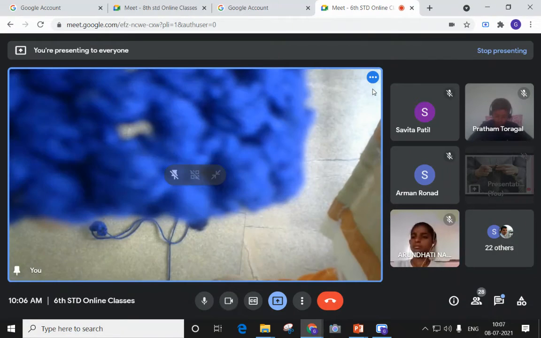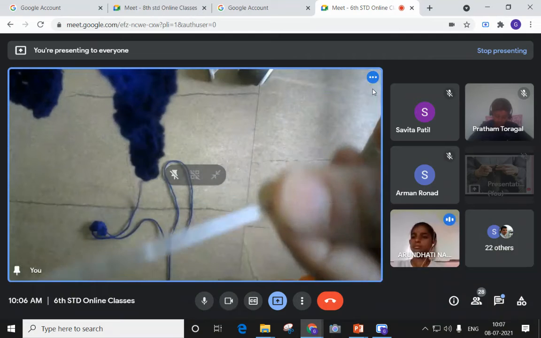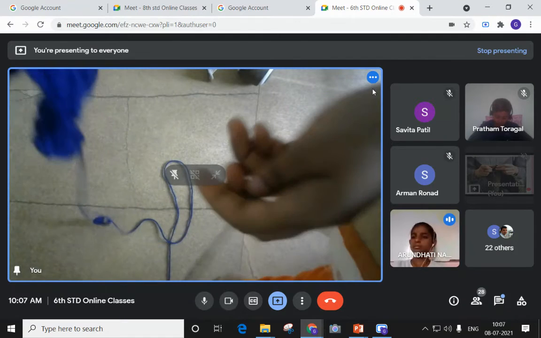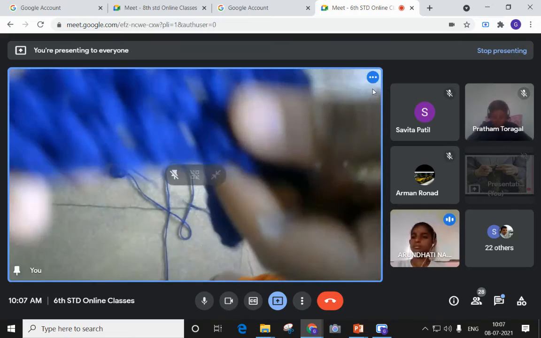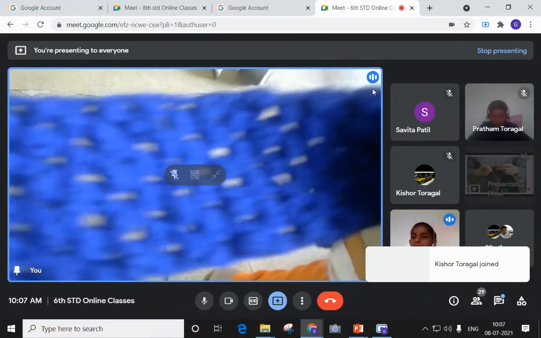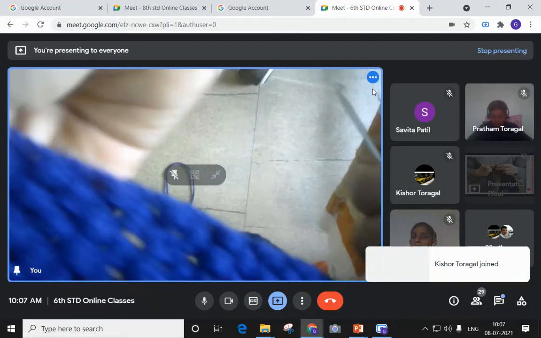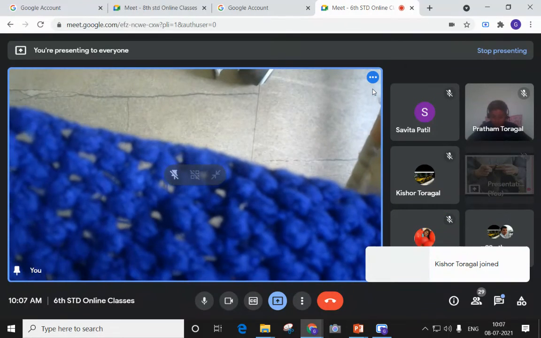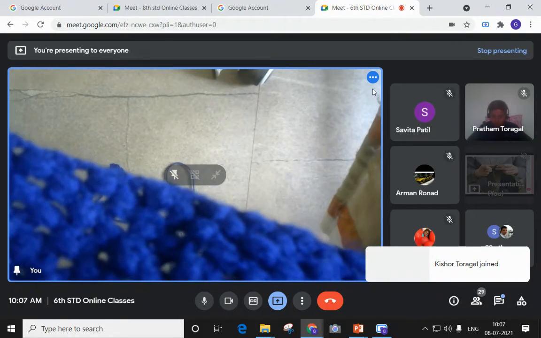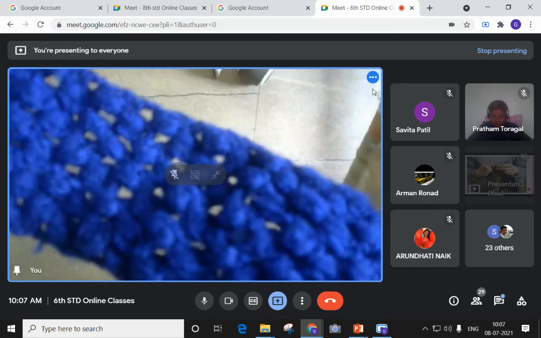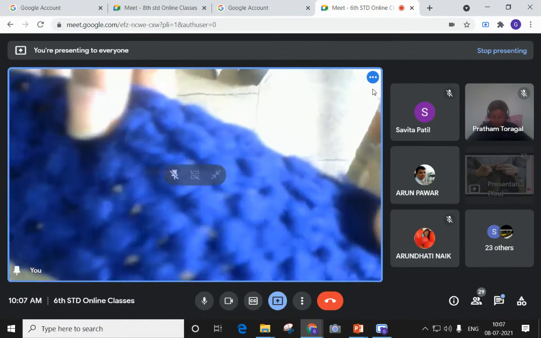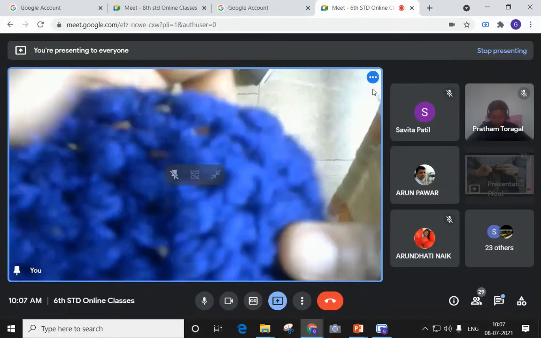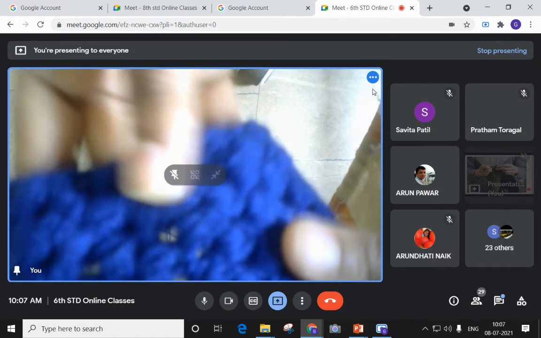So for this knitting process, a needle is required and this wool is required. With the help of this wool and needle, I made a fabric. Are you able to see that fabric? Will you do this at your home? Will you try this?